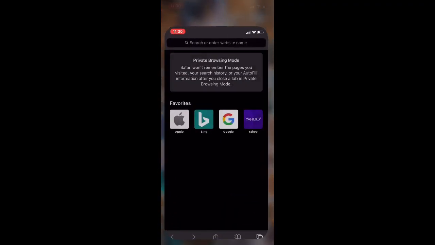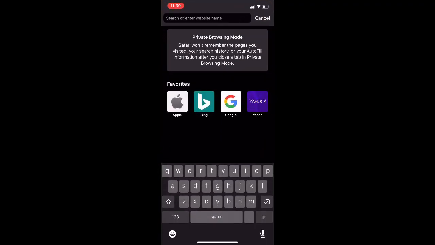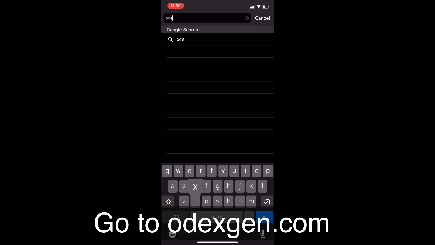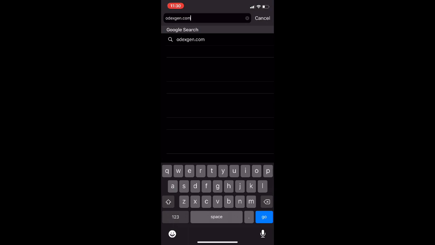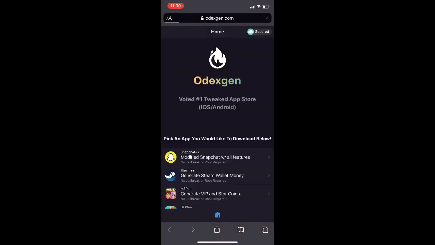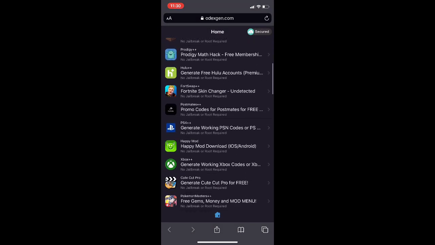Alrighty, guys, let's go ahead and get into the tutorial. So here's how you get this app, guys. Just open up Google and type in the URL at the top, odexgen.com. And then it'll bring you to this site right here, and all you need to do is just scroll